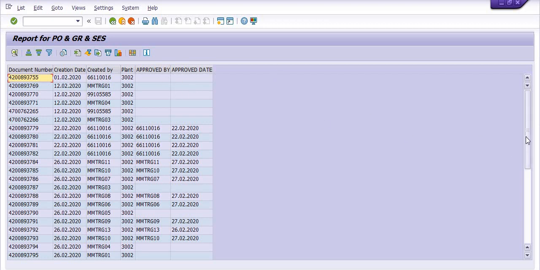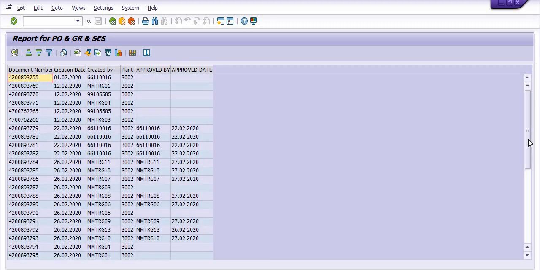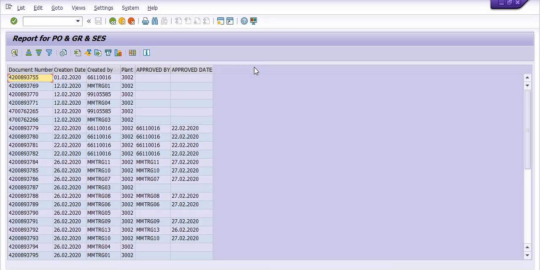So this is a very nice transaction code in our company developed by our consultant. You can get the records for certain periods. If you go to change layout, you don't have many more options here.